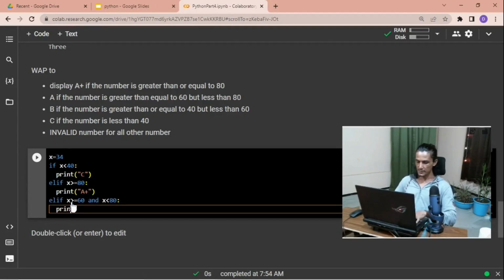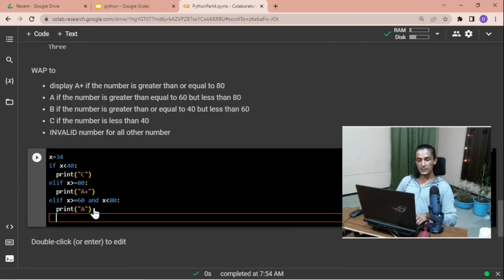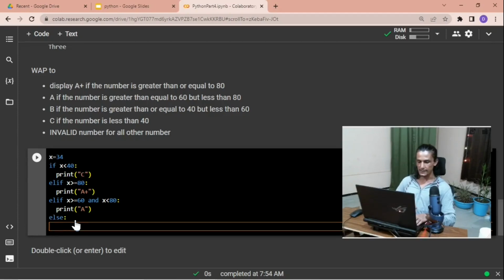In this case, you'll be writing print A, we want to display on the screen. But if it is also not the case, then what is left? See here, you have checked out of 1, 2, 3, 4. As I said, this will never come actually. Out of these 4 options, you have checked the first one, the second one, and the third one. So only one option is left, and obviously if all of them are false, then the last one must be true. So for that reason, you can simply write an else